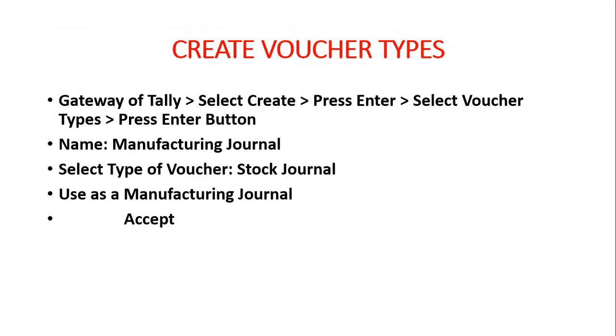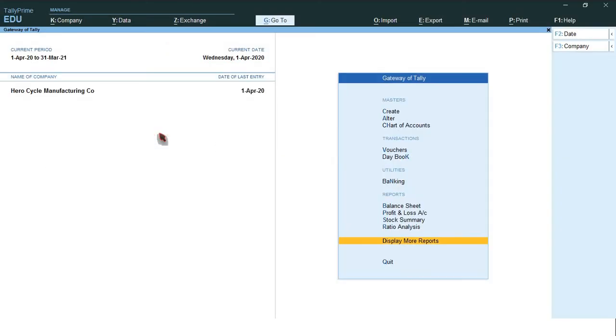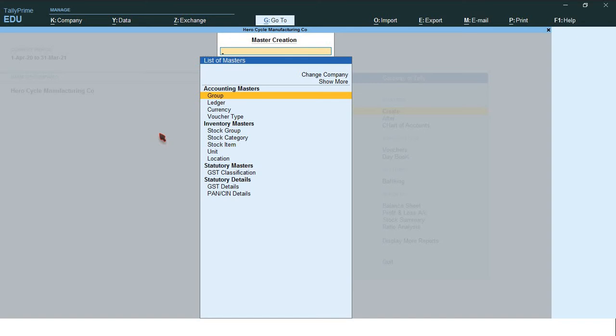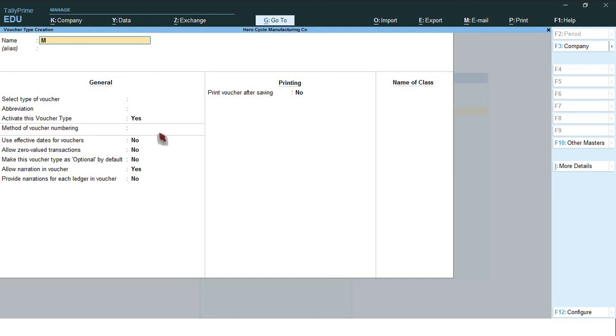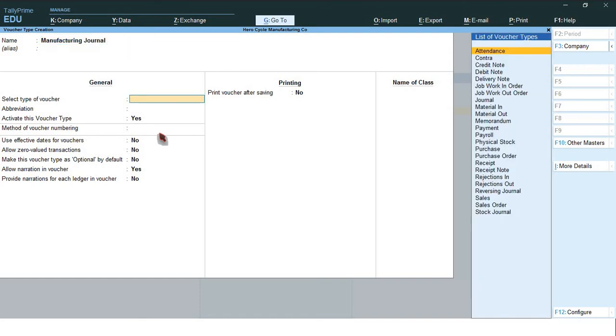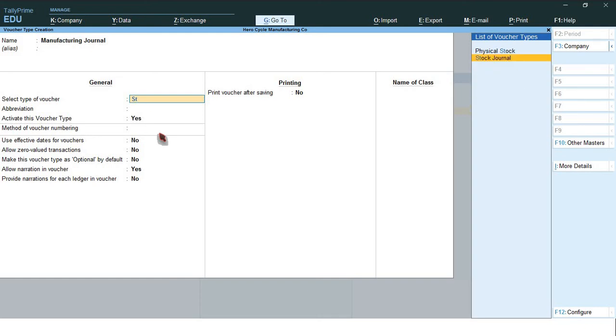Okay. So next come to creation of voucher types. So now you have to create the voucher type, manufacturing journal. Select create. Go to accounting master. Select voucher type. Type here manufacturing journal. Select type of voucher. You have to select stock journal.